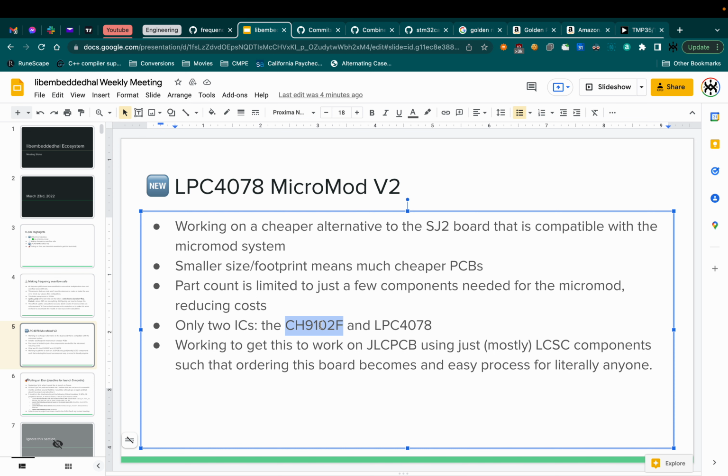unlike the other chip. I was asking my distributor, my manufacturer in China for making PCBs, and those chips go for $22 right now. The CP2102Ns, because you're getting scalped. So that's fun. Aside from that, we're going to get this working on JLC PCB and also using almost entirely LCSC components, so that ordering becomes as simple as you go to my thing on EasyEDA, click order, and then it just does everything for you. That's the dream. That would be fantastic if that was the case.